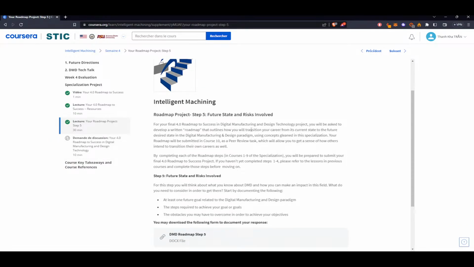For your final measure, you will be asked to develop a roadmap format.